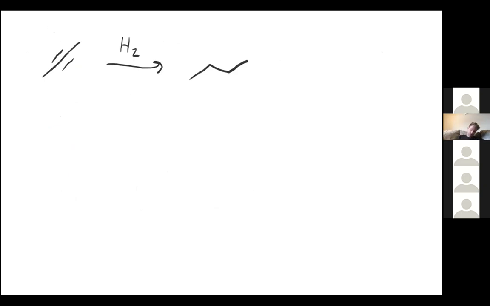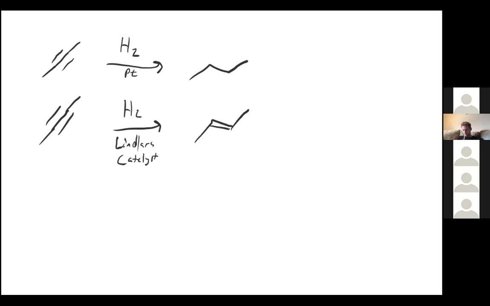If I use a poison catalyst like Lindlar's, so platinum was our catalyst on top, Lindlar's is going to be our second option. Nope, wrong thing. This is going to let us form a cis